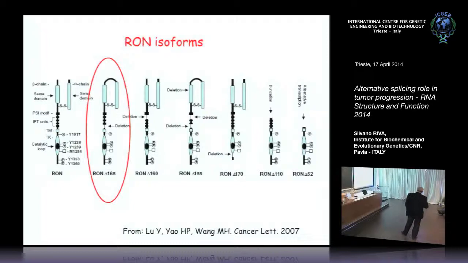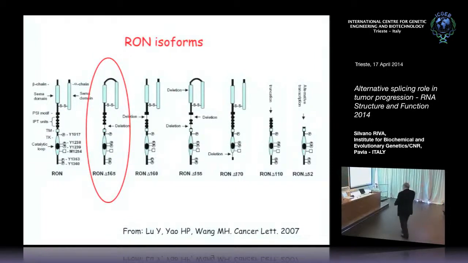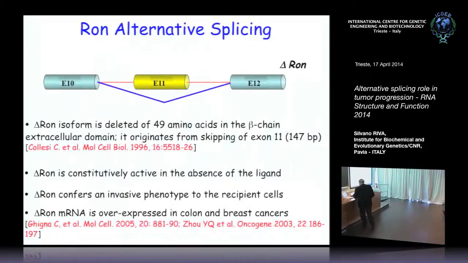This mutation has a consequence that removes a proteolytic site that is cut to produce the heterodimer structure. So two different subunits. In this case, the removal of this tiny exon prevents that, and so this particular isoform,